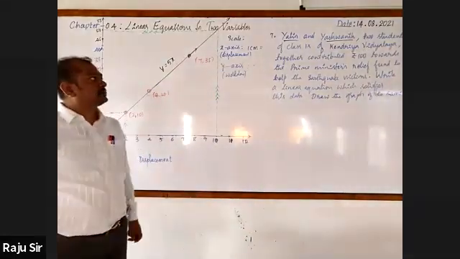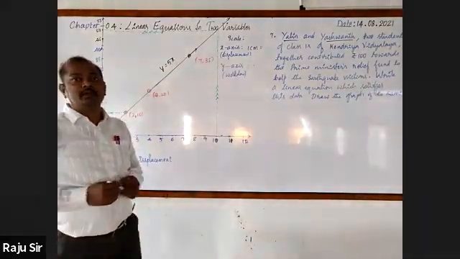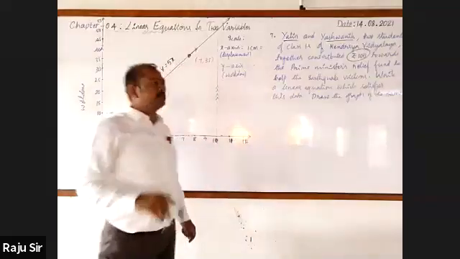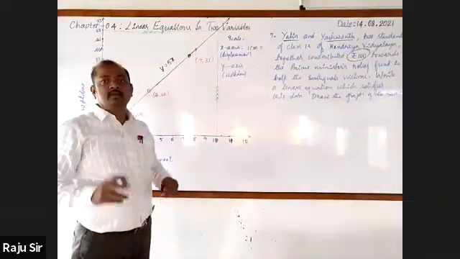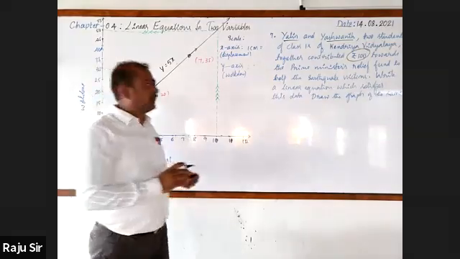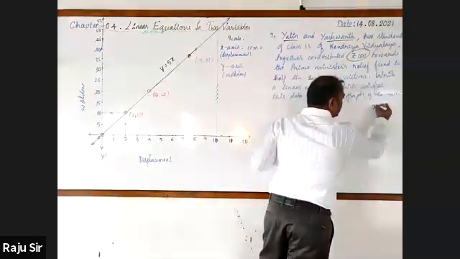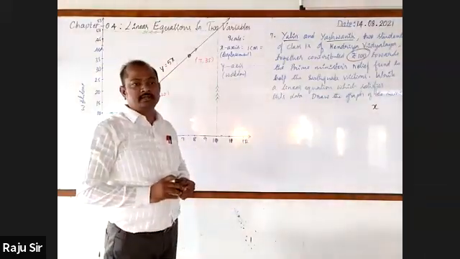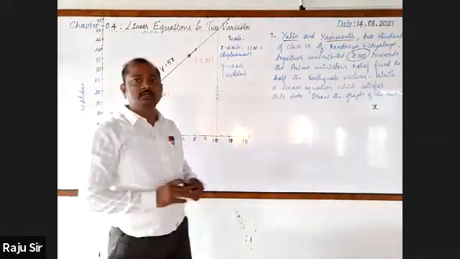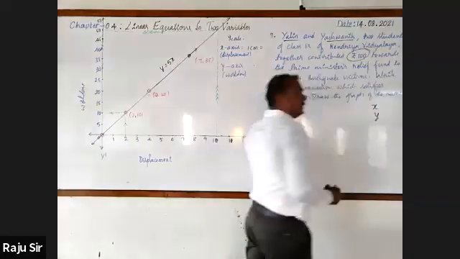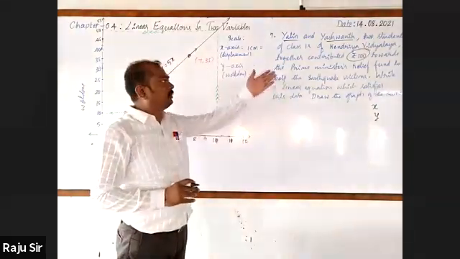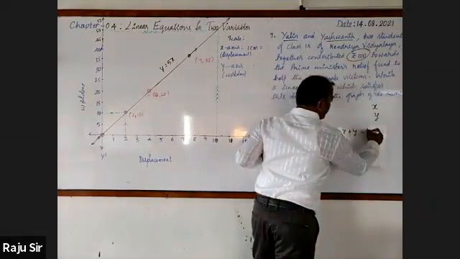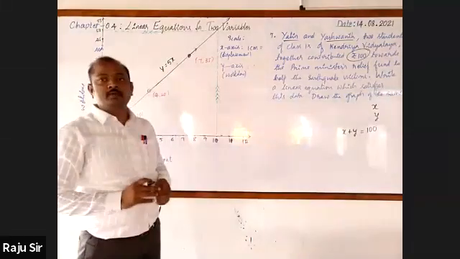Both will contribute some amount towards the Prime Minister Relief Fund. How much amount have they contributed? 100 rupees. Do you know the amount contributed by Yatin? No, unknown, sir. It is X. Both the values are unknown. Don't write, just observe. Amount contributed by Yatin, it is rupees X. What is the amount contributed by Yashwant? Rupees Y. Together they contribute 100. Convert this into an equation. X plus Y equals 100.